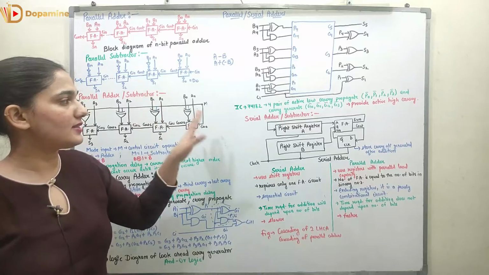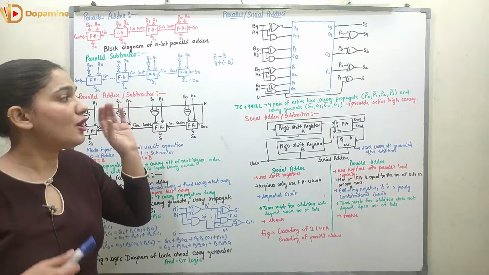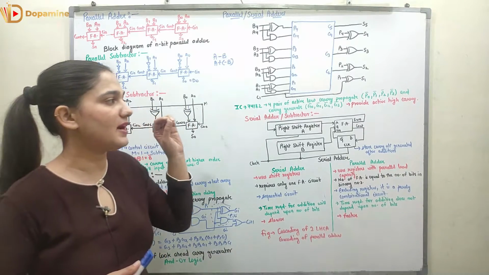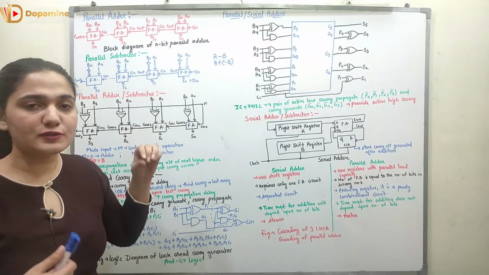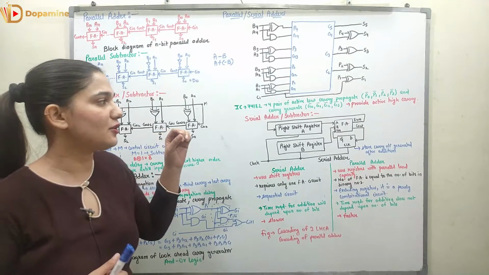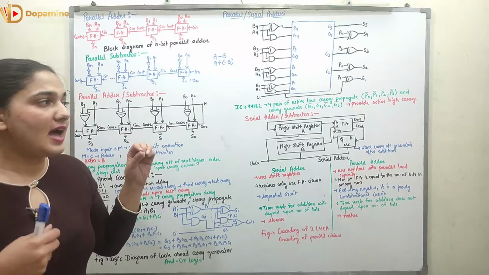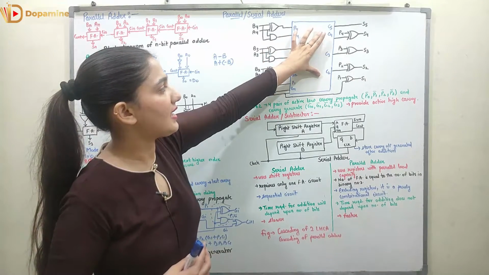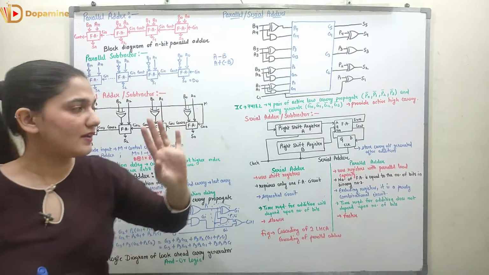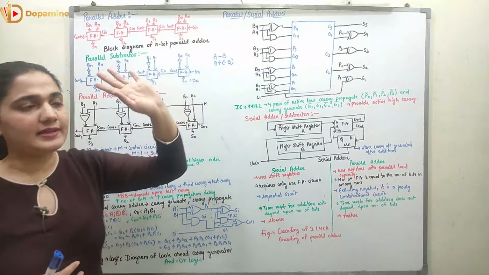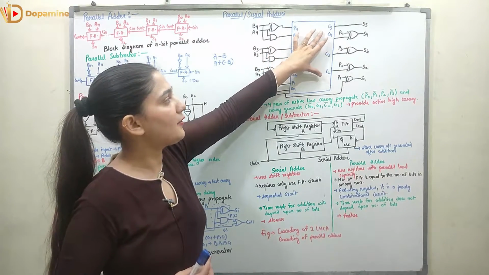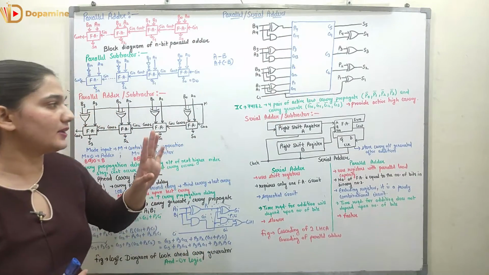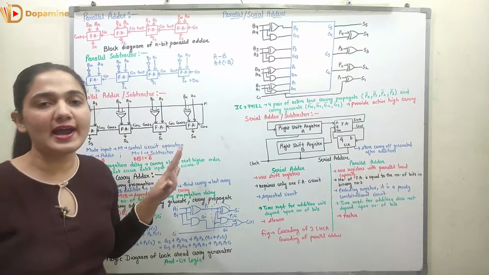So in this manner, you can see we have used IC 74182, which has 4 active low carry propagate inputs, that is P0 bar, P1 bar, P2 bar, P3 bar, and also 4 active low carry generate inputs, G0 bar, G1 bar, G2 bar, G3 bar, and it is giving me active high carry. So it is giving me active high carries C2, C3, C4 and also C5, right? So C5 is the output carry, and in between, the intermediate higher order carries are C2, C3 and C4. C1 is used as it is to generate S1. I hope you understood what is a look ahead carry adder.